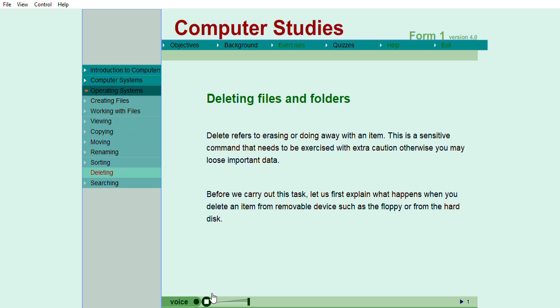Deleting files and folders. Delete refers to erasing or doing away with an item. This is a sensitive command that needs to be